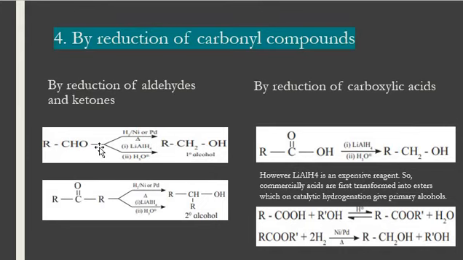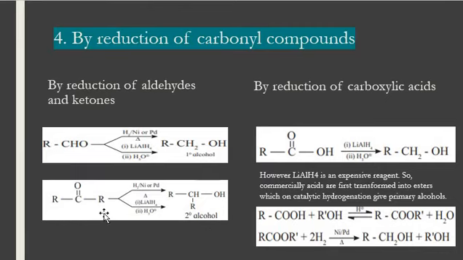If you are doing this reaction with the help of the addition of hydrogen in presence of nickel or palladium, you will get 1 degree alcohol. If you are doing this reaction in presence of lithium aluminium hydride plus hydronium ion, you will get 1 degree alcohol. When you have taken any ketone and the ketone is reducing in presence of nickel and palladium, it will be giving you 2 degree alcohol or secondary alcohol.